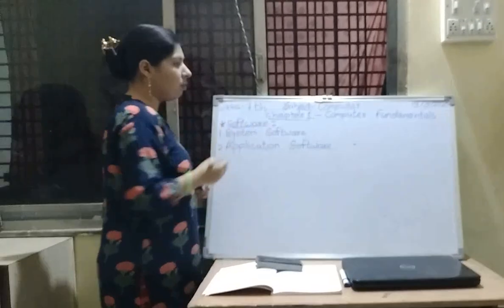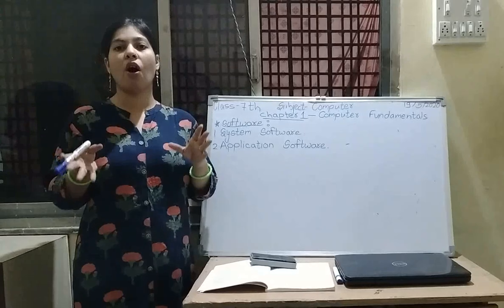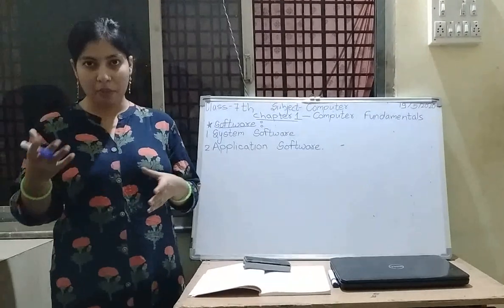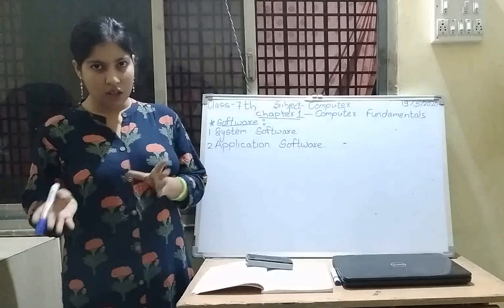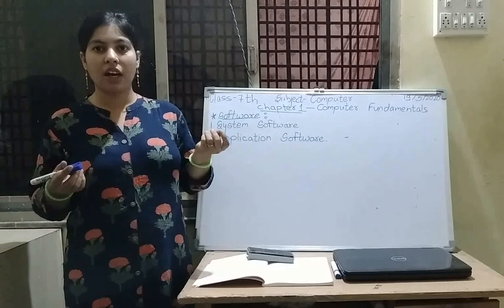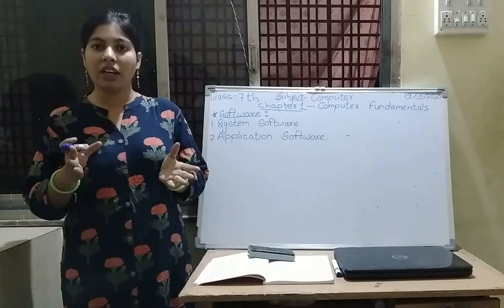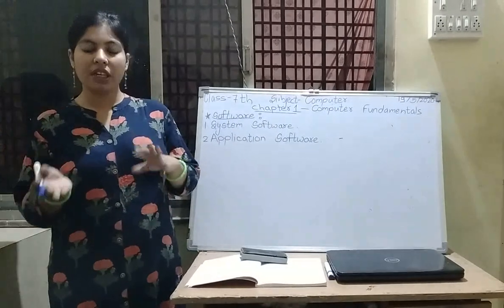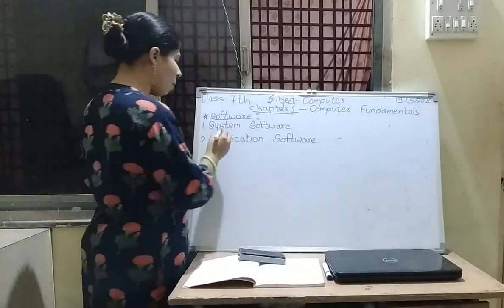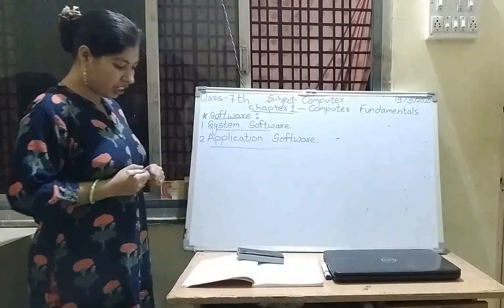Now going with the software. What is software? Software is a program through which every computer runs. So softwares are the forms of programs that are designed in two types and are used to run our system. Which are those two types of software that we will see? The first type of software is the system software and the other one is the application software.